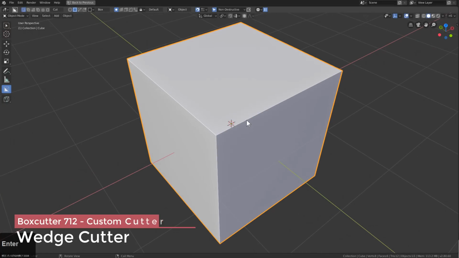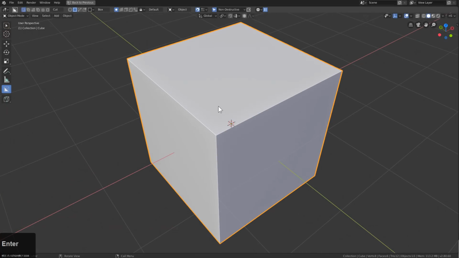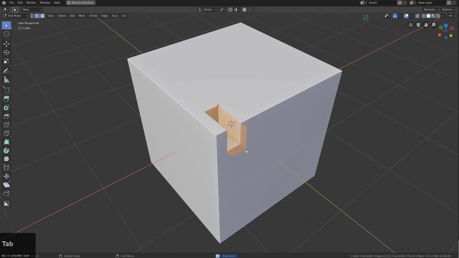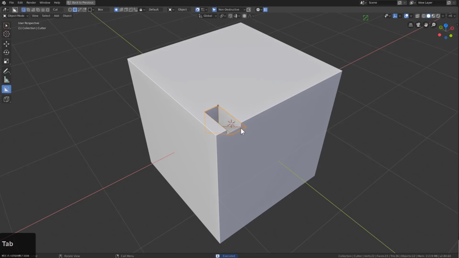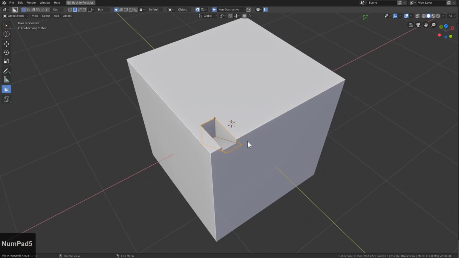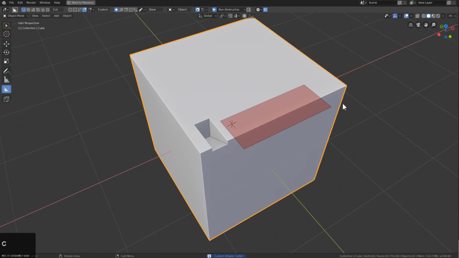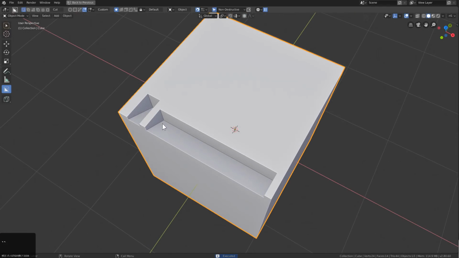Over the course of the creation of Custom Cutter, there was one shape that Proxy pointed out to me that I just can't get enough of, and that is the wedge. So I'm just going to draw a box, but I'm going to hold Shift in order to keep it live. And we're going to select this frontmost edge and just dissolve it, and that's our wedge. So if we go under Custom Cutter and we make this our cutter, we can just draw this wedge down and press tilde to rotate it. It was just a real interesting Boolean that I found fun to play with,